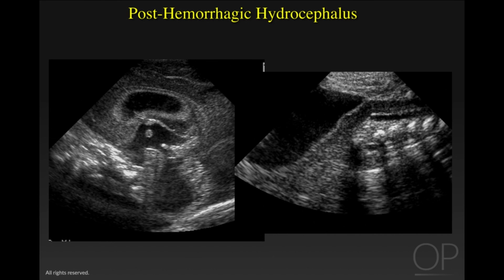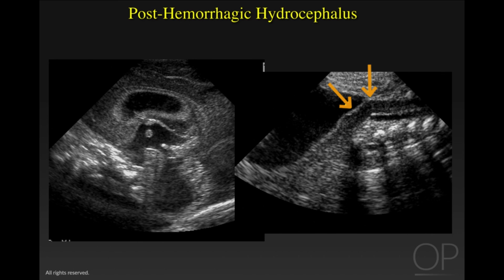Here's another infant with marked post-hemorrhagic hydrocephalus, where on the anterior fontanelle view on the left, we can see marked dilatation of the third and fourth ventricle, as well as the aqueduct. However, the midline foramen magnum view tremendously demonstrates the extent of the fourth ventricle dilatation to the foramen magnum with marked kinking of the cervical medullary junction. This is causing mass effect on the posterior fossa and foramen magnum, as you see here, outlined by the